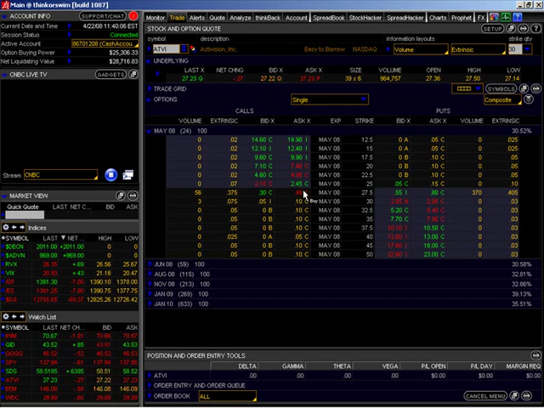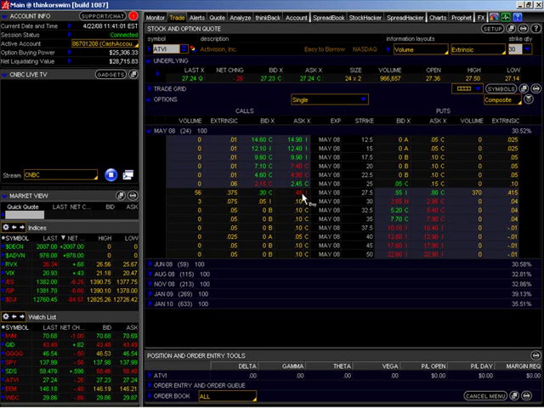Why? Well, the reason is that you have the right as a call buyer to purchase the stock at the strike price that you purchased, in this case $27.50, at any time before the third Friday of May. As we get closer to the third Friday of May, the chances of that stock moving up beyond this strike price of $27.50 becomes less and less certain. And because of that, the option has less value to it.